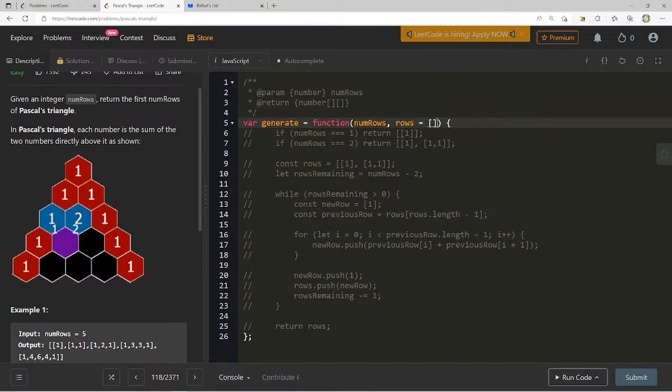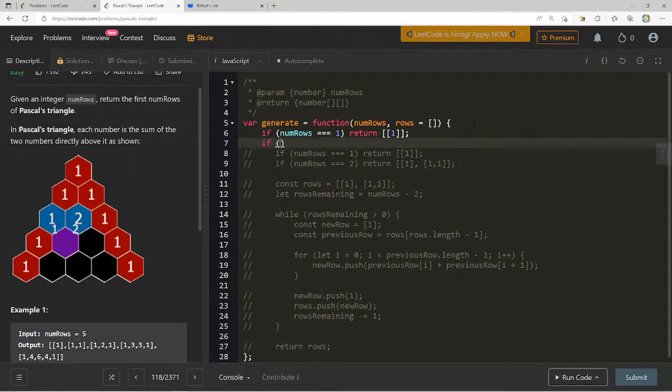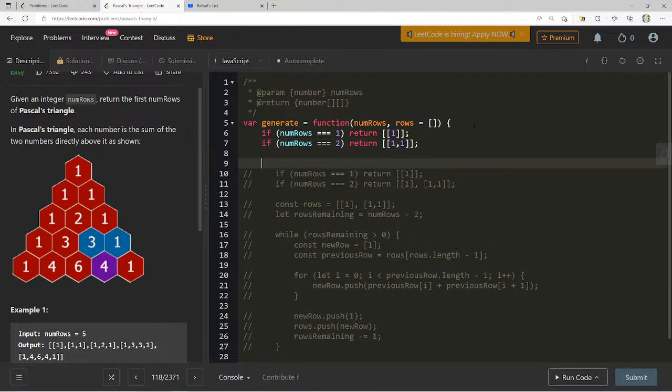We'll make this an empty array. Here we know that if num rows is equal to 1, again, we're going to return 1. If num rows is equal to 2, we're going to return 1, 1. And now if we're at a 3,